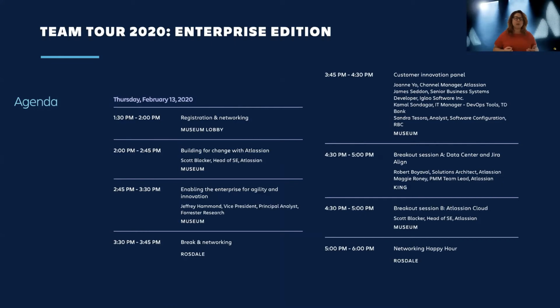Let's take a closer look at a recent enterprise event that we ran as an example of how this agenda comes together. The program was targeted at C-level enterprise customers, and it focused on lead generation. We kept the target number of attendees under 50 so that the event felt intimate and targeted, personally invited. It also offered an opportunity for more personal connections with peers and Atlassians.